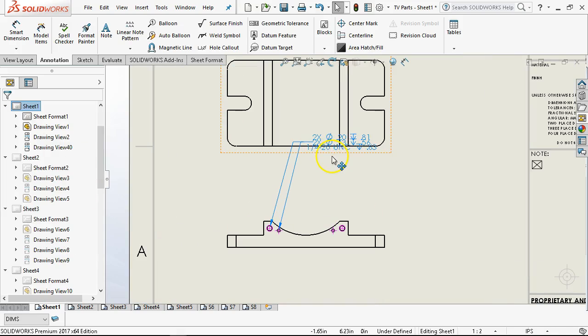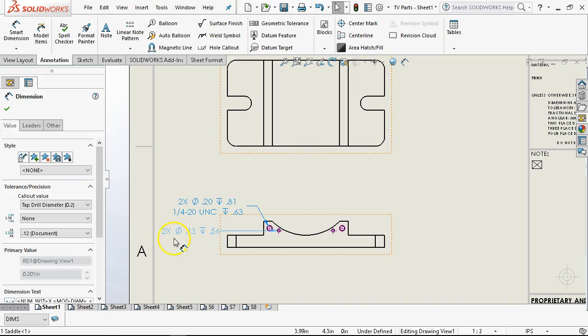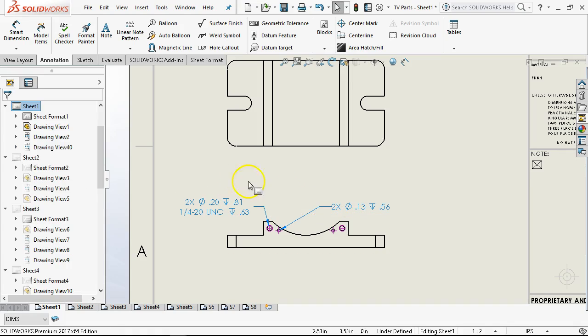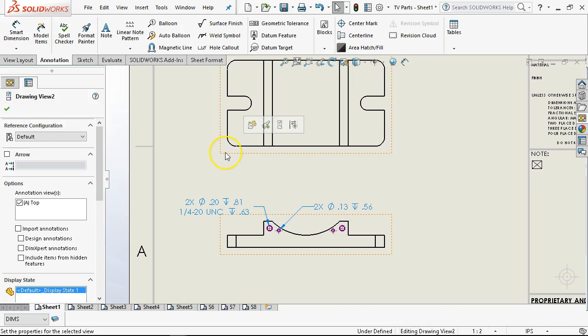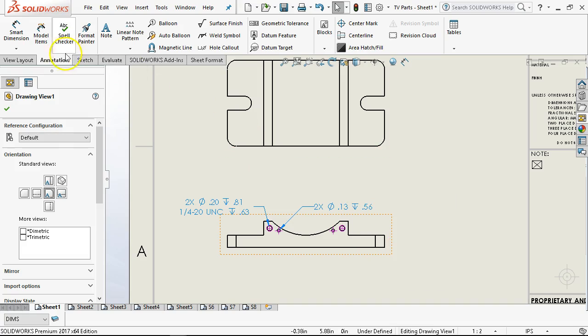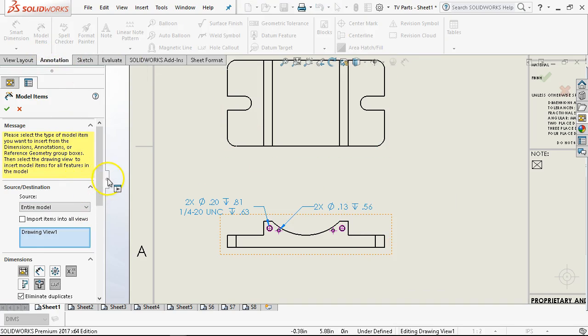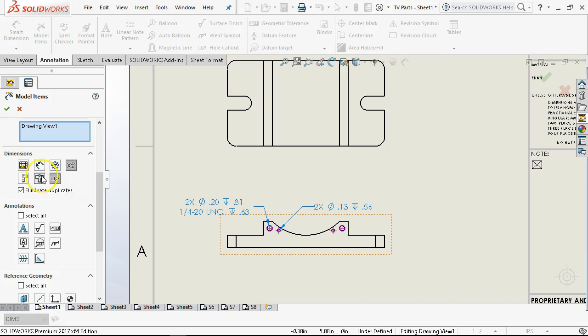Hopefully something. All right, so I'll take the quarter 20, and the reamed hole. And we'll kind of rough position those. Let's see, so we still need to be on this one. Back into the model items. We'll clear those out